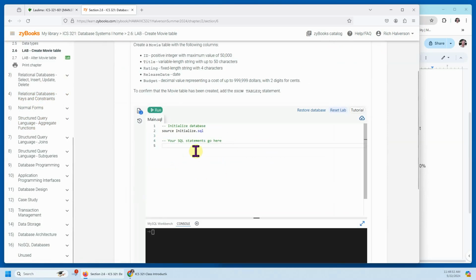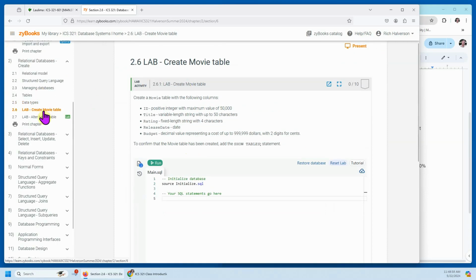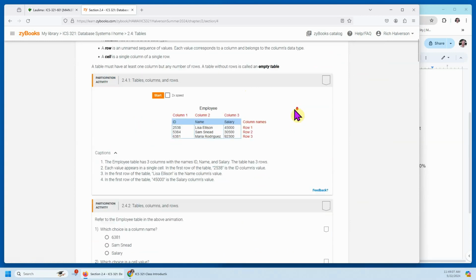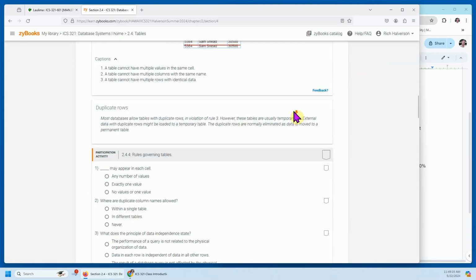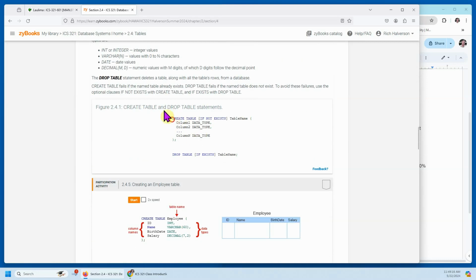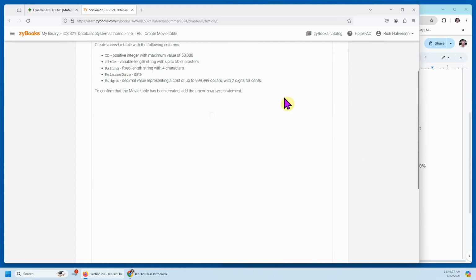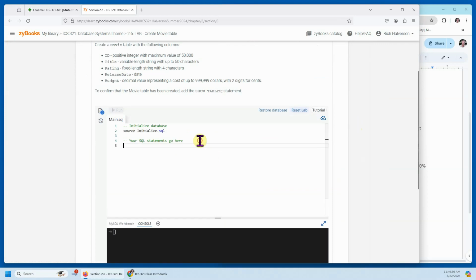well, I'm not going to do it now, but it's going to be create, then the name of the table. If you go back to here's the create table statement. This looks like the create table statement right here. So it's going to look something like this. Let's see if I can go back and do it now. So that was in here. It's going to look something like this. And it's going to be create table